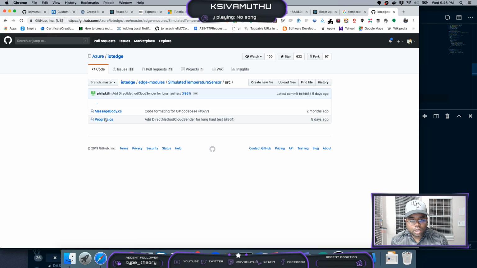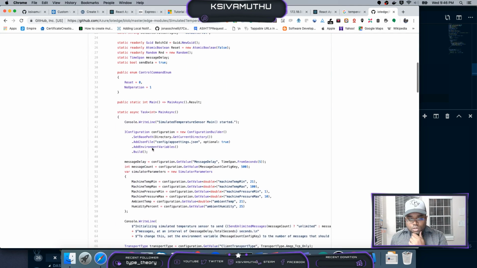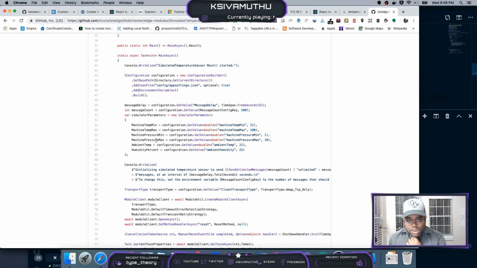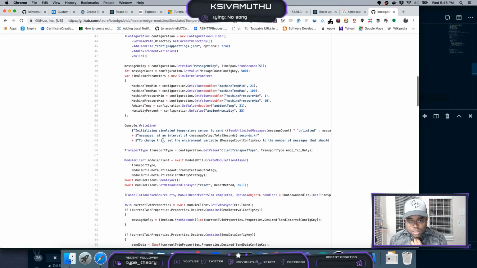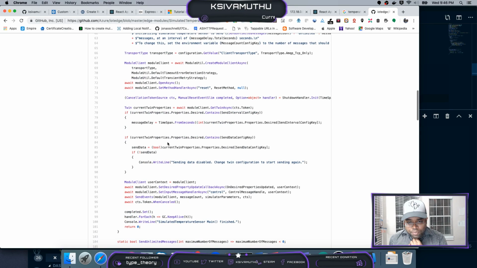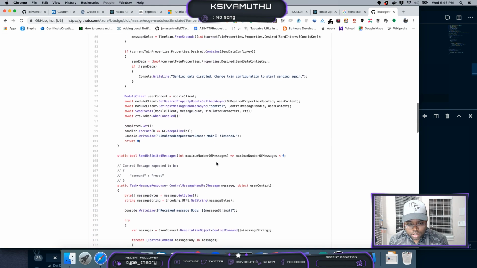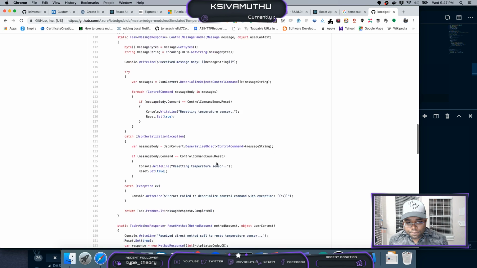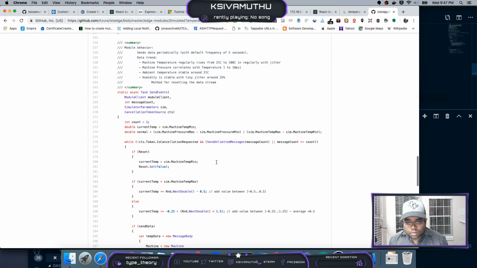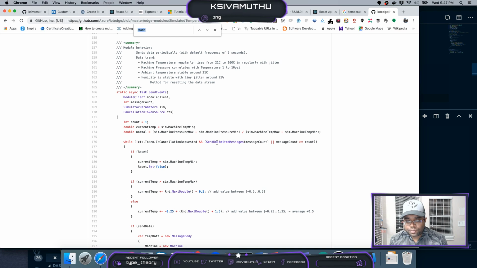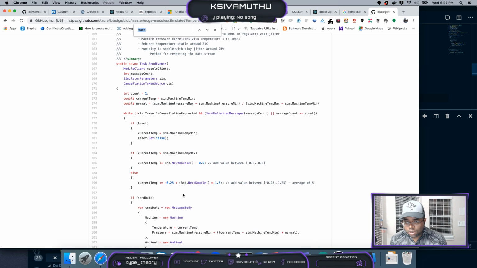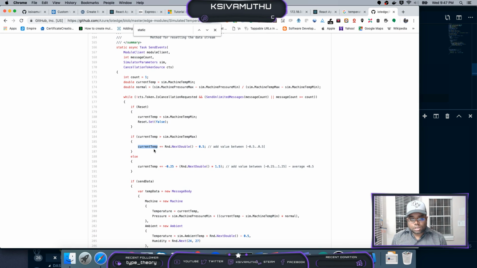So source here, program. This is sending in the C sharp. So the message relay machine temp. Okay. So here you can see it's going to send the data, and that data, where is the data they are generating? Yeah, they are generating like the random thing only. Current temperature. So the current temperature, they are taking the machine thing,